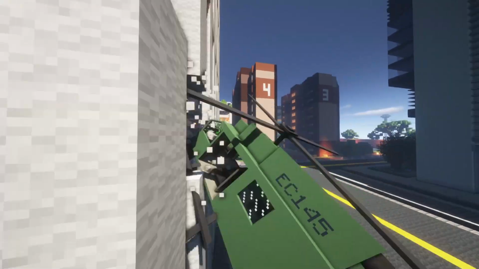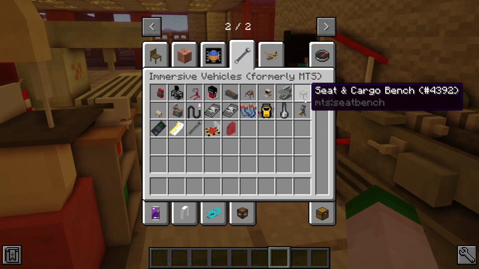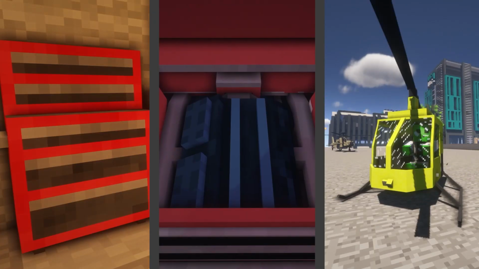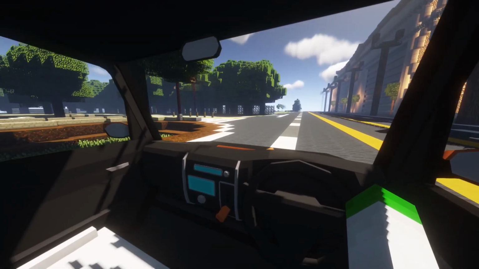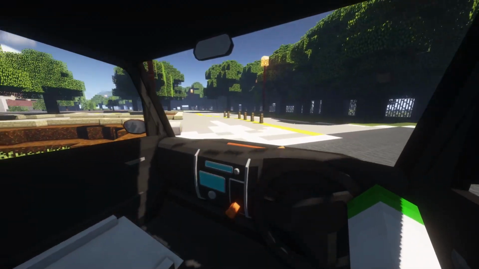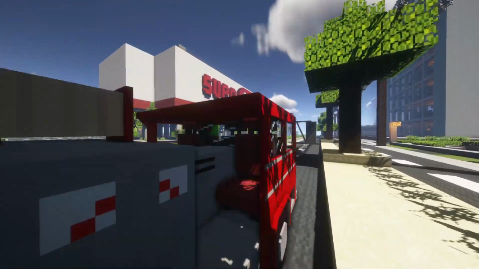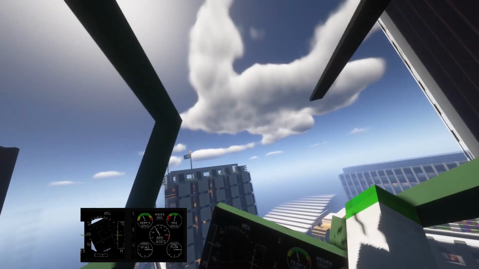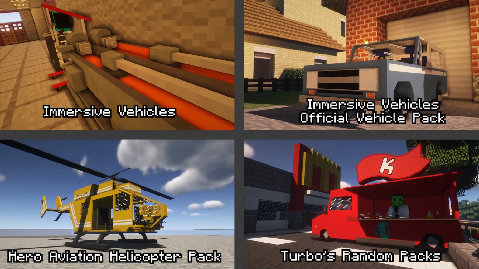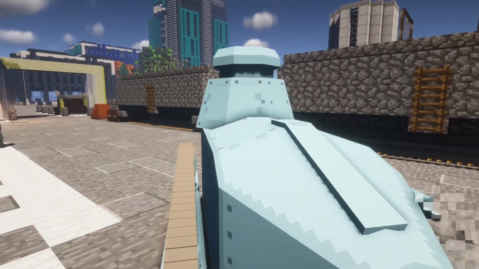Before downloading this mod and getting straight into it, Immersive Vehicles doesn't add new vehicles by itself, but is the foundational mod that implements workstations, mechanics and controls which vehicle packs rely on for their vehicles. New vehicles and their respective components instead come from vehicle packs, which offer a wide array of vehicles from a range of types and eras. Within this video, 3 vehicle packs will be showcased, alongside Immersive Vehicles to provide you some idea as to what